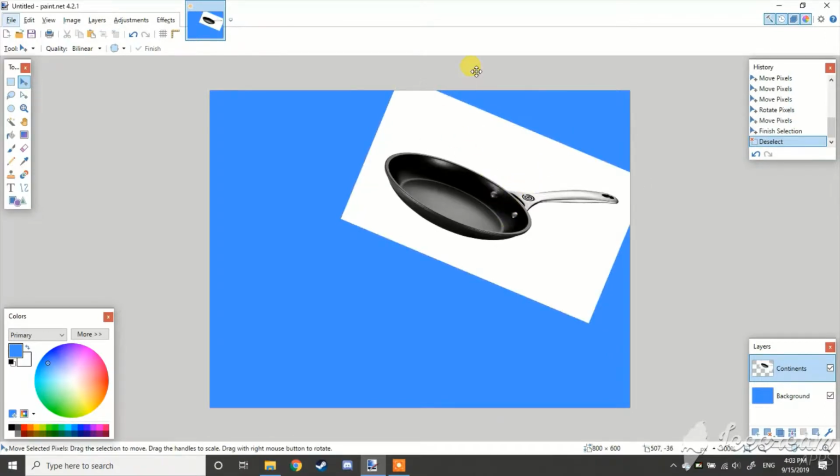Now obviously, this isn't the end of the method because you aren't just going to have a frying pan as a continent. However, I'm going to do the next method first, then I'll move on with both of them together. Method two is the random drawing approach. It's very similar to the random image approach, except instead of an image, you're just going to draw. So I'm going to go to this paintbrush right here, then bump up the brush size a little bit,